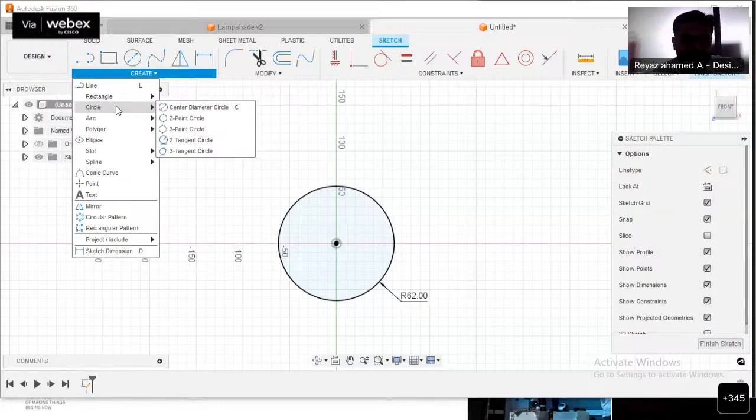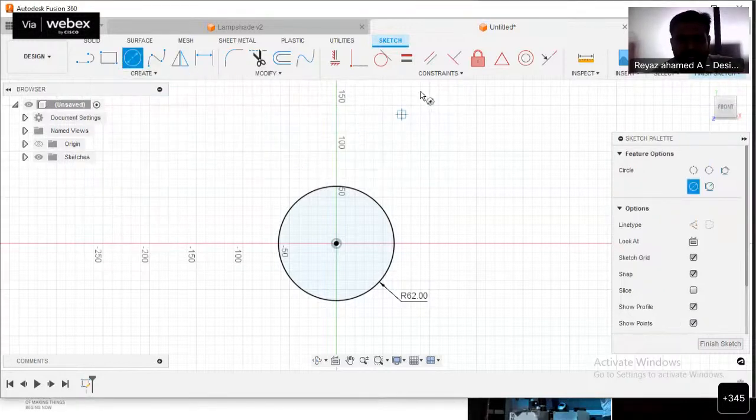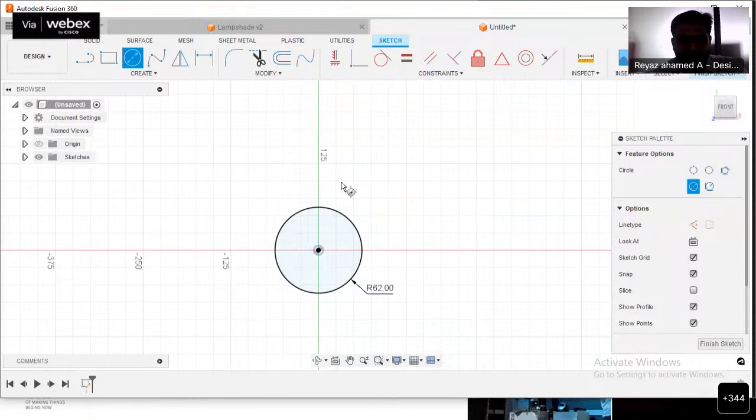Just go ahead with the circle option. In the circle, let me choose the center-diameter circle option. Let me give the center point over here, on the first quadrant of this window. Let me click on here, and then it should end on the second quadrant.